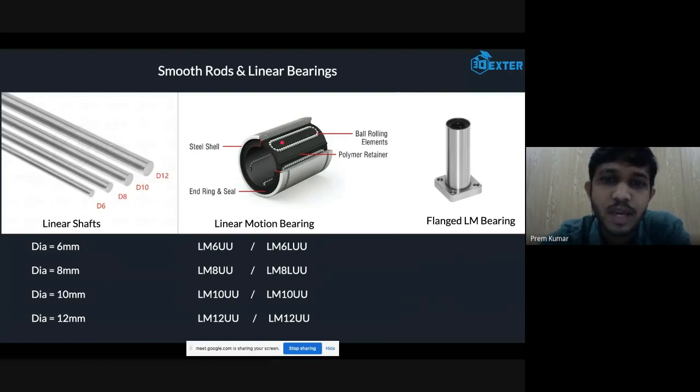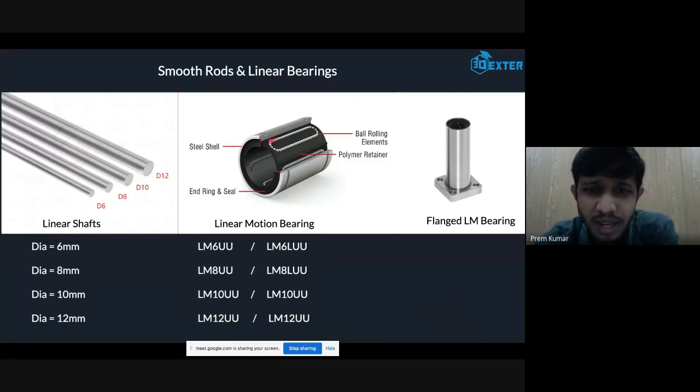Here if you see this bearing, the construction is also shown. Inside the bearing there are balls arranged in a loop formation. So when the bearing moves on these rods, these balls actually recycle through this loop back and forth. That makes the motion possible. And these linear bearings are designed for linear motion only. They can move back and forth on a rod, but are not ideal for rotational motion on a rod. There is a plastic arrangement inside the bearing to hold these balls in the proper slots.